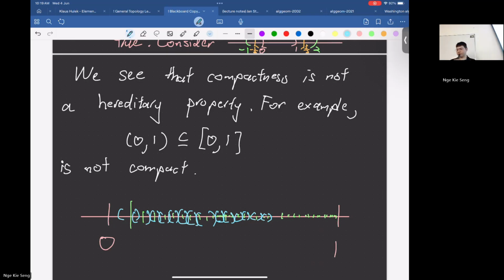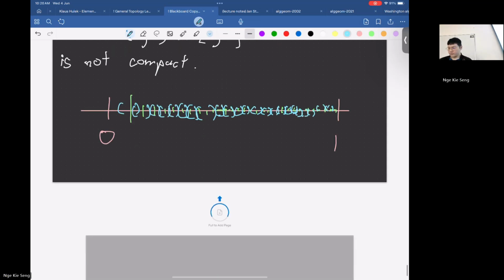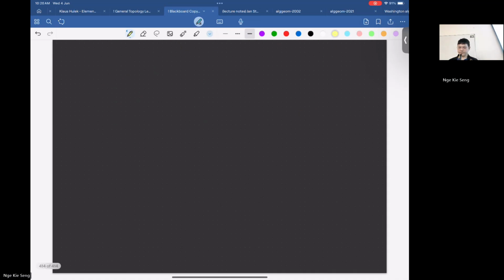Okay. So you can make your open ball actually arbitrarily small as you like. Okay, arbitrarily small as you like, actually. Okay, so the key here is